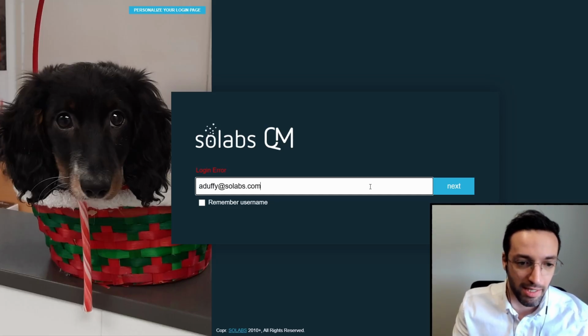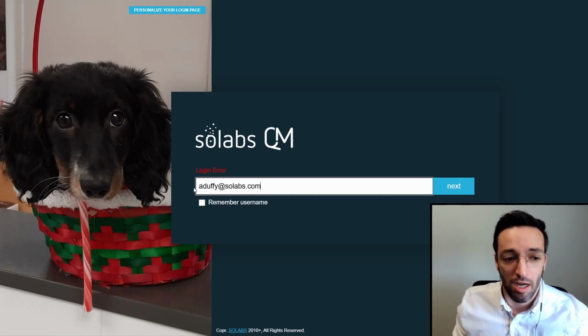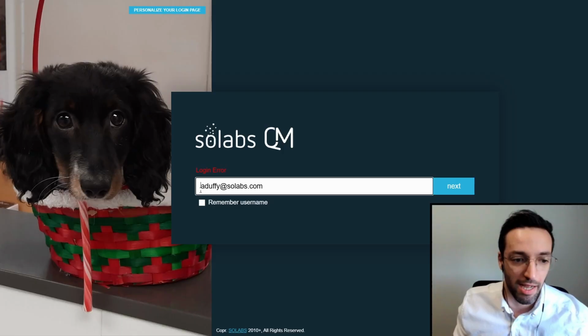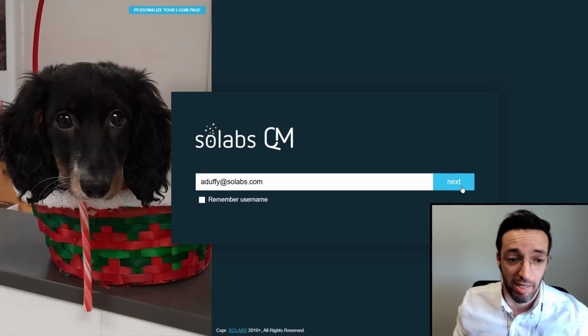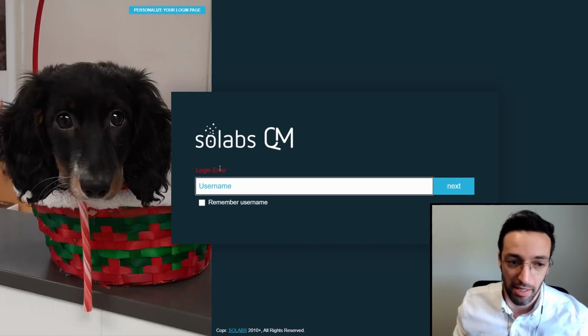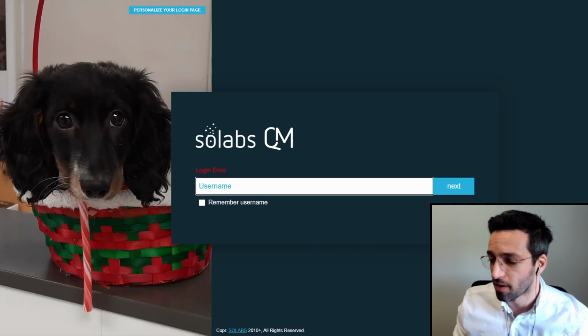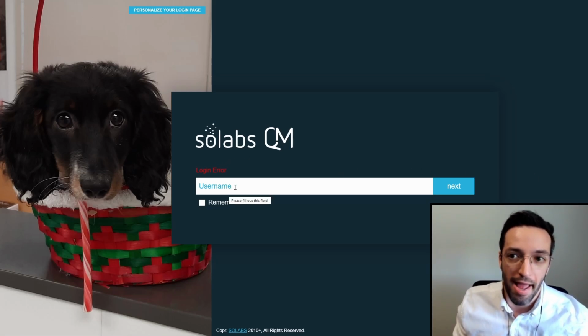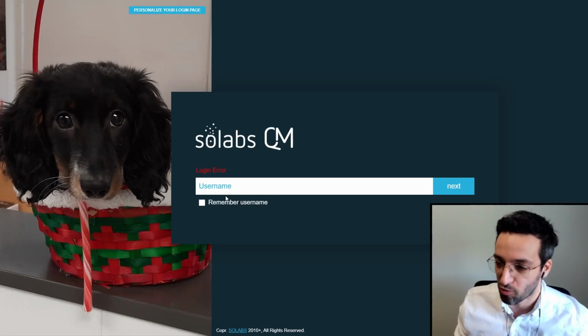So I will do that here. Now, a common mistake is users are copy pasting their email address instead of typing it in, and they leave a space either before or after. If that's the case, you will be getting the login error, whatever password you enter, because that's not the proper username because you've added an extra space,